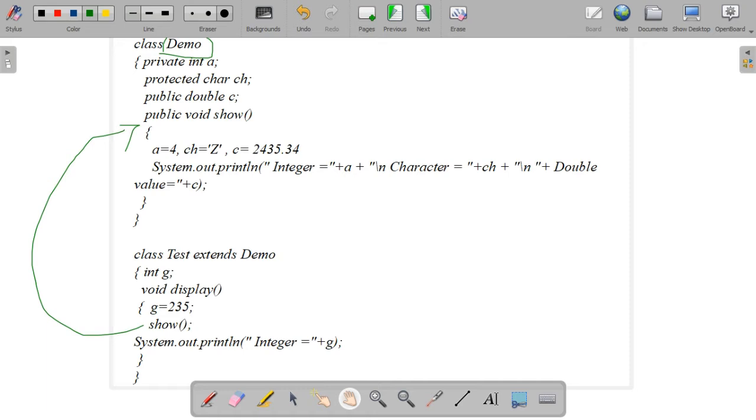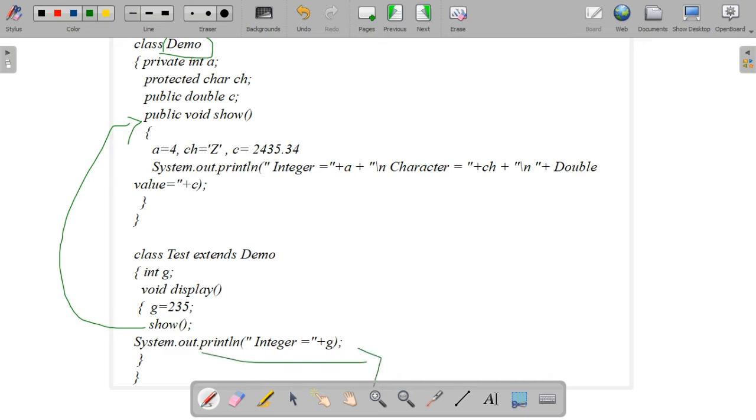It is a simple program showing how you extend a superclass to a subclass. Class demo is a superclass with some variables and a method, and class test is a subclass. Extends is the keyword used to inherit the properties of the demo class, and inside this method we call the show method from the base class and display the value of g.